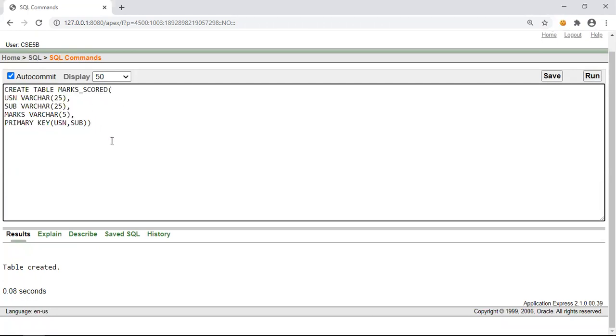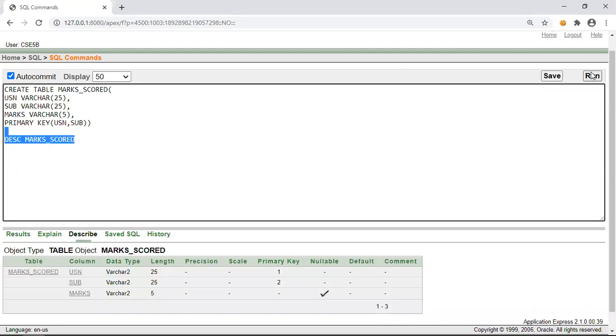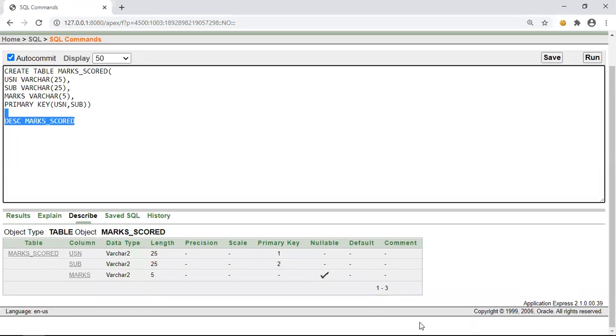The table is created, so we can check its description using the describe command. You can observe over here, primary key 1 and 2.